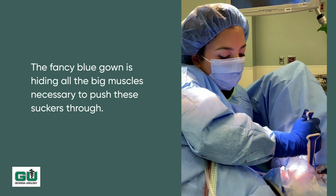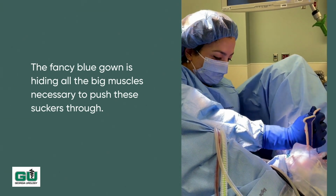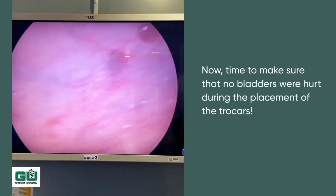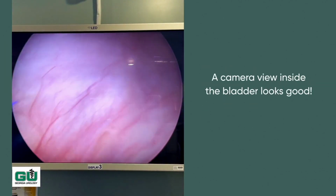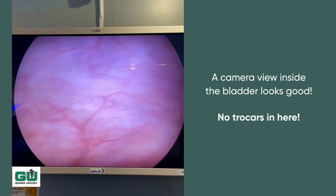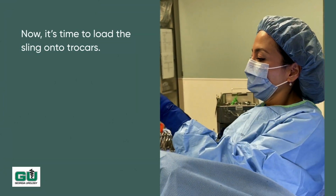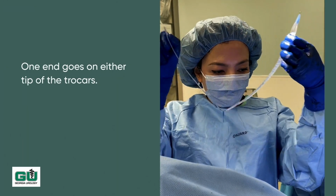I need to make sure that I didn't puncture the patient's bladder on the way in, so then I do a cystoscopy, and as you can see here, I do not have any trocars going through the patient's bladder. Phew! After that, I hang the sling on both of those trocars, one end on the right, one end on